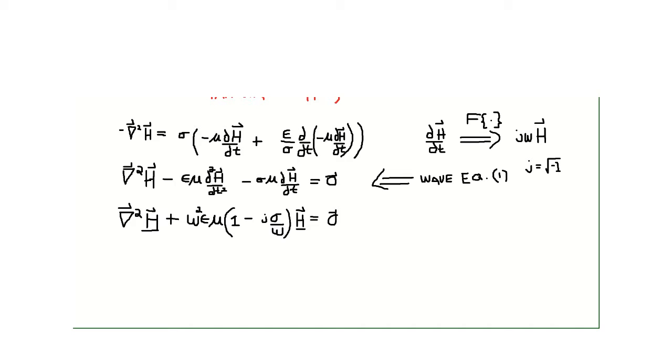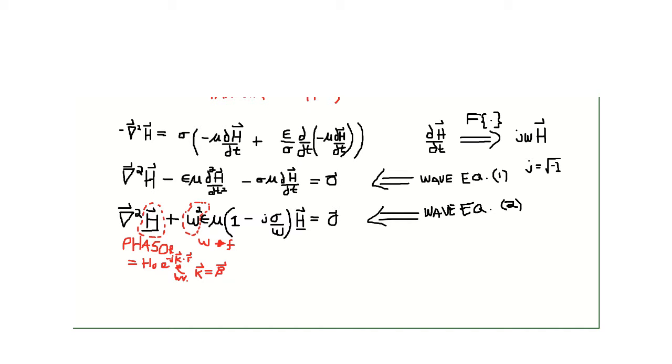In this final expression, wave equation 2, we make the following assumptions. Firstly, that the H field is actually a phasor, where the wave vector k is also written as a beta vector, which is also the wave vector. Now, another important distinction that we have to make is that we are in the frequency domain. This requires that we use a sinusoidal function, or a periodic function of some frequency that we can define in angular terms. It is also important to possibly look at the intricacies of the two terms that we converted into